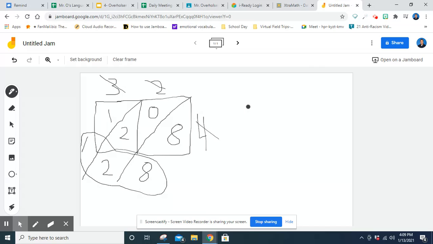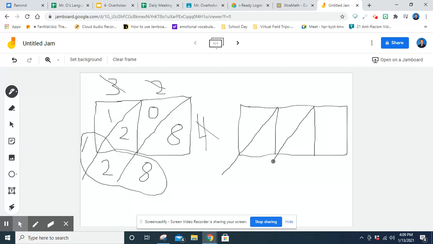Okay, now if we're doing a 3 by 1-digit number, we would just build a little bit longer rectangle and build 3 spaces for it. So try to build it as equal as possible. There are templates out there for lattice, but I find it's really helpful and enjoyable for students to be able to draw these on their own. And students that have been able to practice in my years past have been able to do this pretty quickly. So now let's do